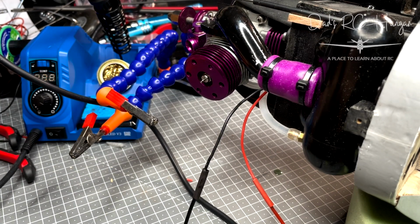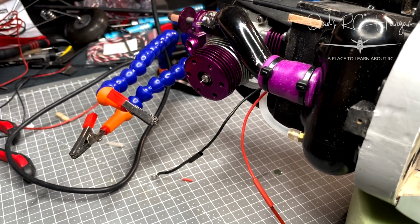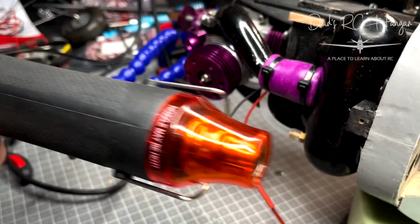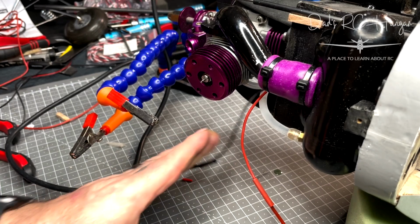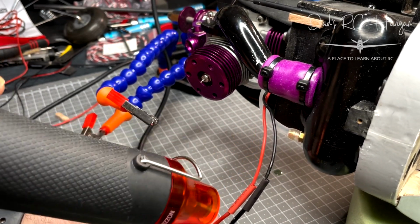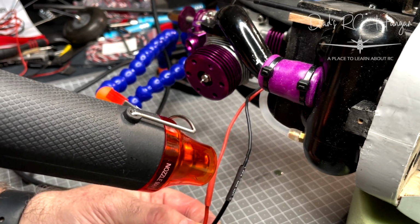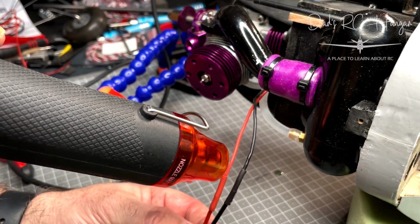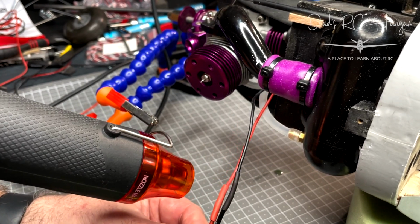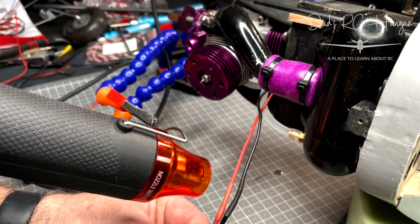That 470, and that was really nice. So I'm going to just stick that little solder station in there. I do like that. It's nice. So I've got my sort of hair dryer, which is basically a hot air gun. I call it a hair dryer because it sounds like one. And then just with the heat shrink, don't get too close, don't get too mad, don't rush it, and slowly they'll shrink by the heat, hence the name heat shrink. Yes, there you go, look at that, lovely. And that is my connection